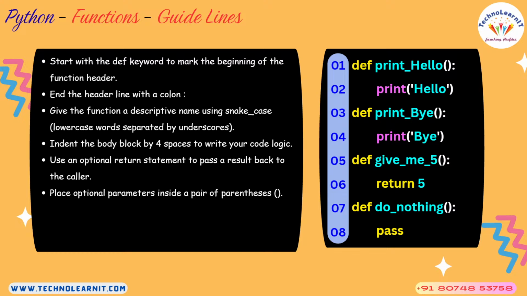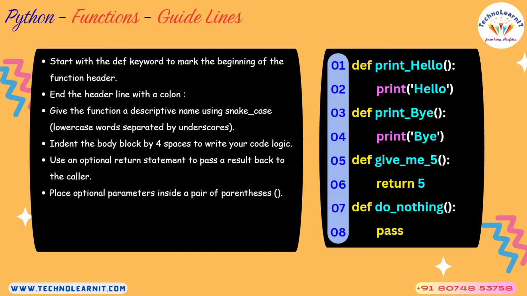Give the function a descriptive name using snake case, and that's what we said. Here snake case is just making the words separated by, sorry, not spaces, underscore, right? And here you can very well make the function name as print small case h and then hello. That is also fine. Different organizations use different coding standards, but based on the Python coding standard, it should be snake case only, not camel case.